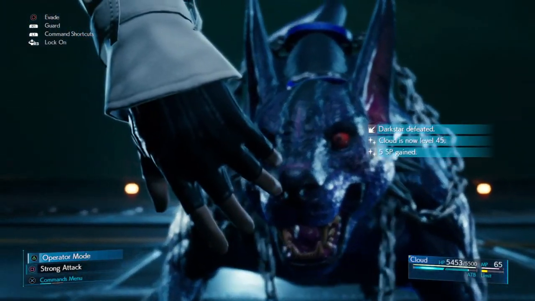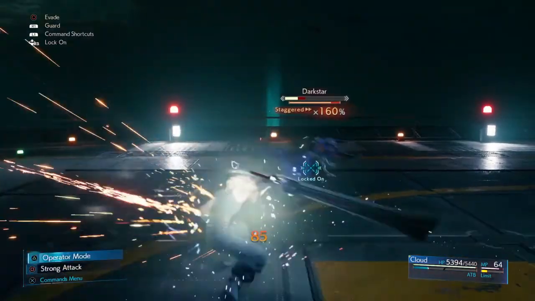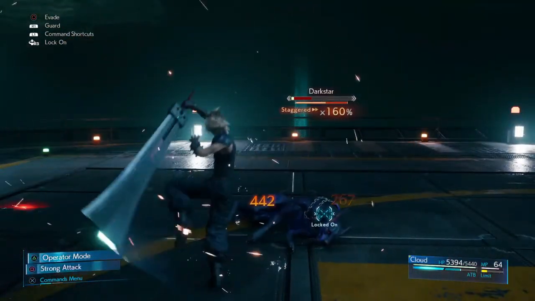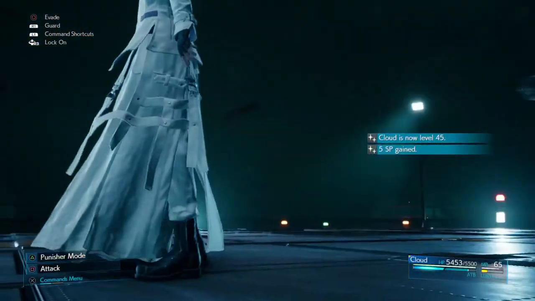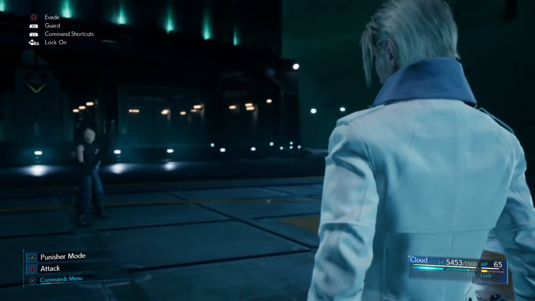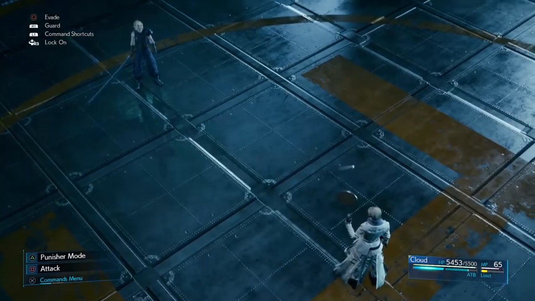The dog will die immediately as long as you make sure Rufus is stunned from your triple slash. Now here comes the fun part, basically. This part is really simple. Once you get to this part, you shouldn't have any problem, unless you accidentally used your ATB gauge too much. By the start of this point, where it's just you and Rufus, Rufus will have a little conversation with you. Once the dog is dead, it's going to be between you and Rufus, a 1v1,